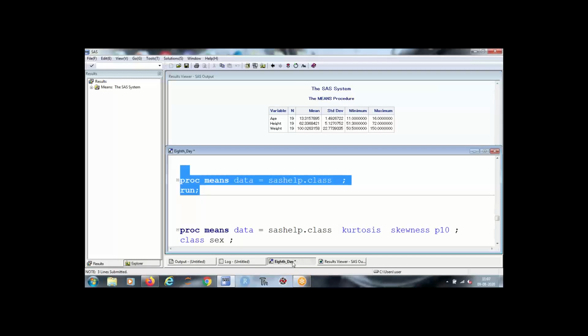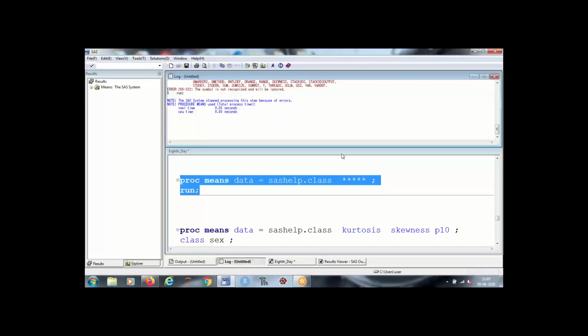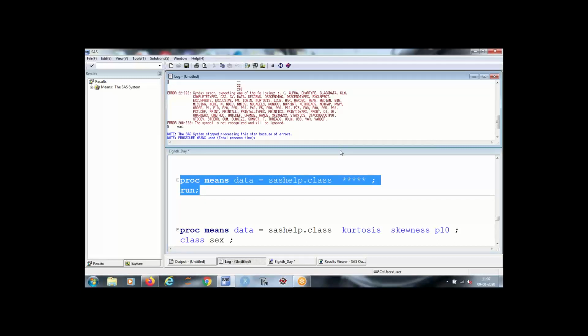Apart from these 5 points, if you want to know what all statistics you can get from this particular procedure, just write an incorrect program, run this, and in the log window you can see almost 50 different statistics you can get from this program.